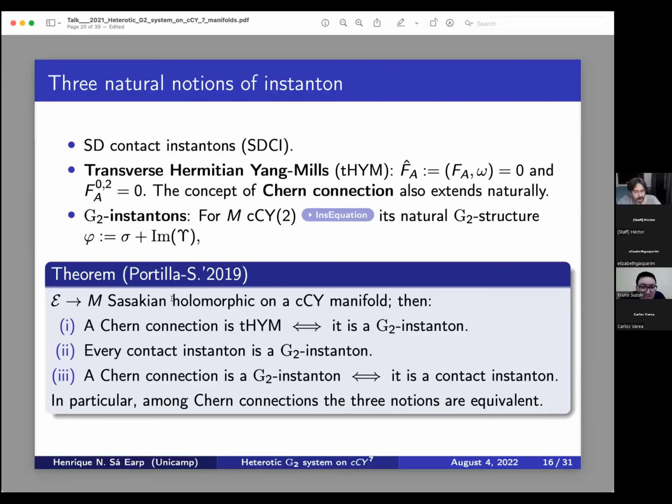Then for Sasakian holomorphic bundles, if your base manifold is contact Calabi-Yau, then